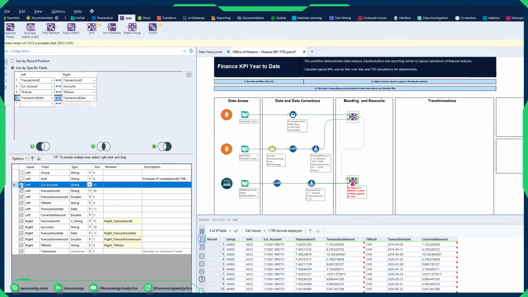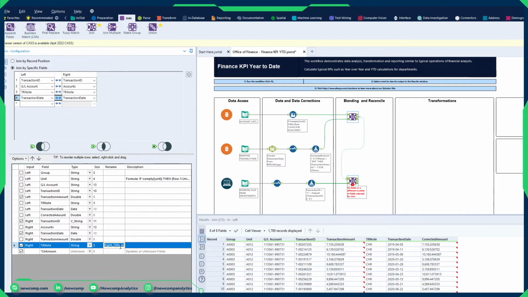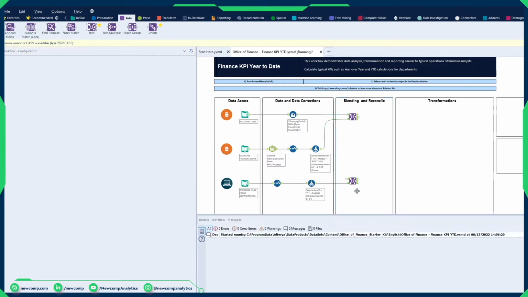In terms of data, I no longer need a lot of this. I can keep transaction amount, but I probably don't need any of these. We'll keep the right transaction ID, and we don't need to rename it now. We don't need accounts. We'll keep the transaction date. We don't need the amount. There we go. So if I were to run this now,